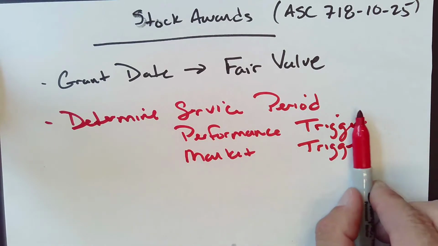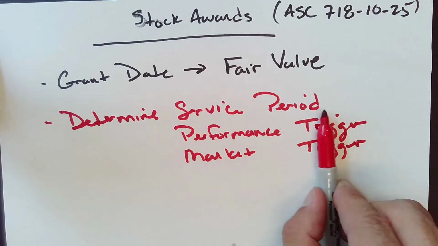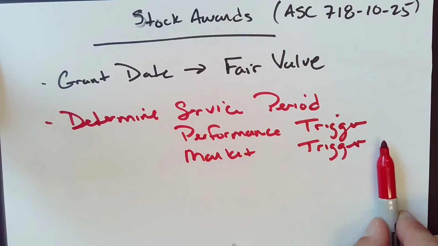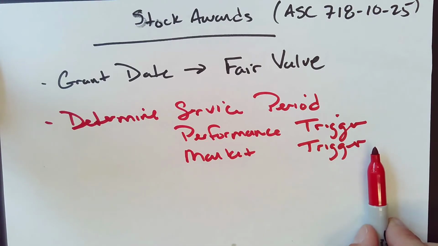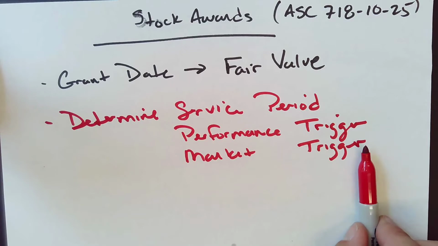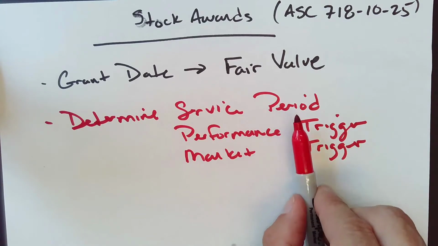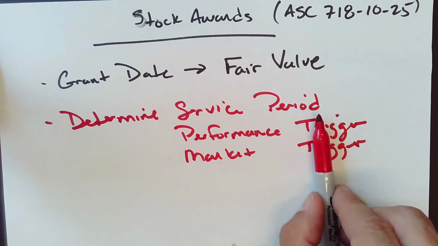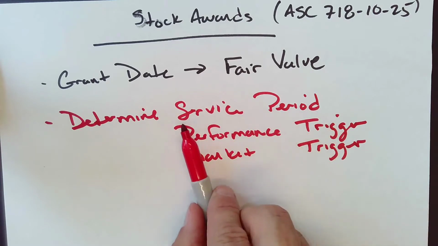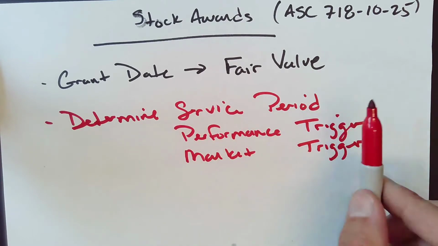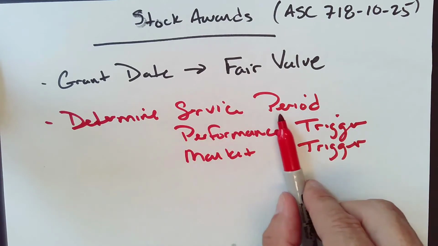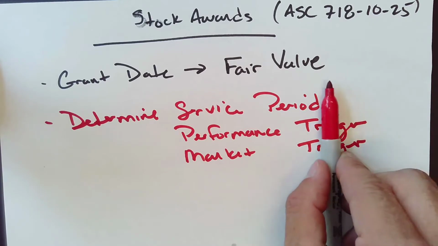There still may be restrictions around these two to force the employee to stay longer, right? The goal is we're giving you these shares because we want you to stay with the organization. We think there's something good about you as a person. And so if it's a service period, it might be 3-4 years. We want you to keep working here for 3 or 4 years before you fully earn